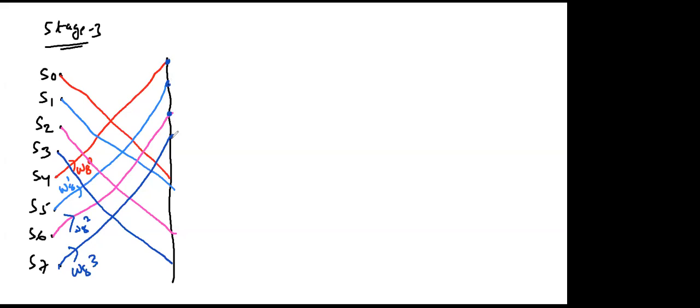Now what is the output? Can someone say what is the output now here? S0 plus omega 0, S4. No. For equations, we will write the notations first. Can you tell me what is the notation of the output? X conjugate 0. X, where is N? Capital N into X conjugate 0.